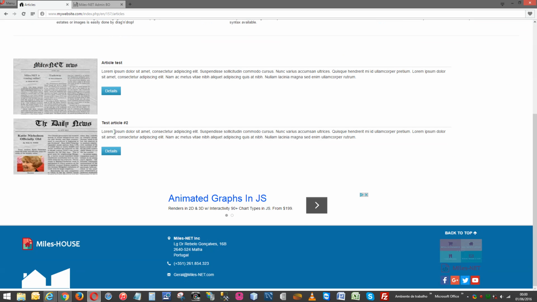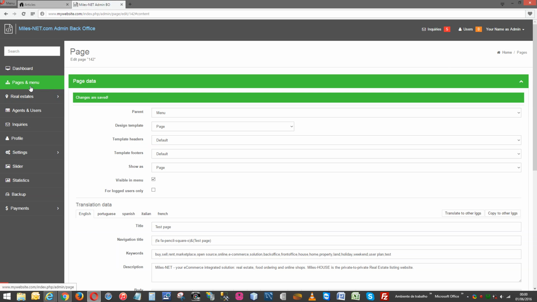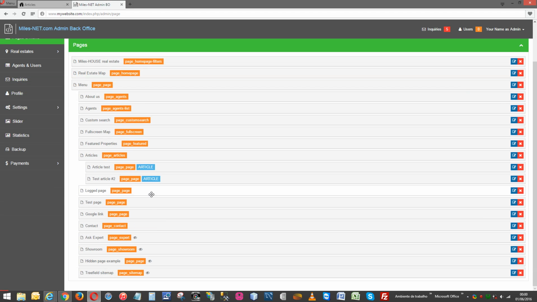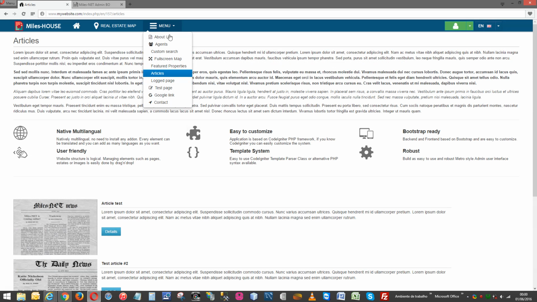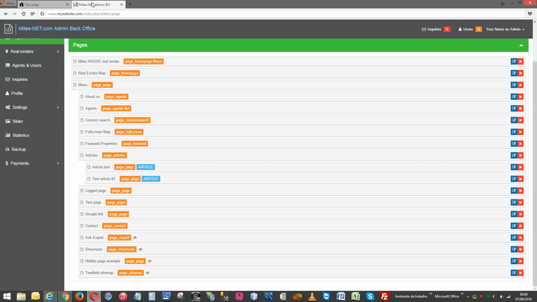Okay, because it's not a page underneath the article, so it has menu on top, not any article, and it's in this position between logged page and Google link, and there's our test page. Okay, you can take it out,